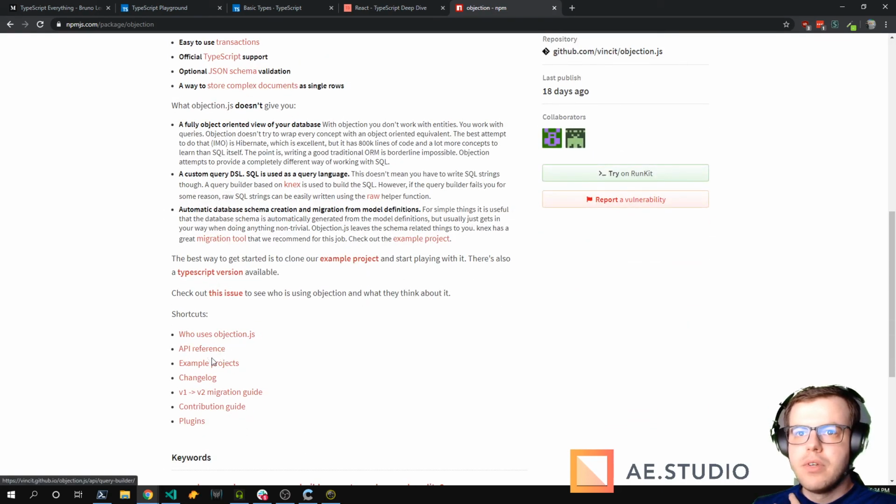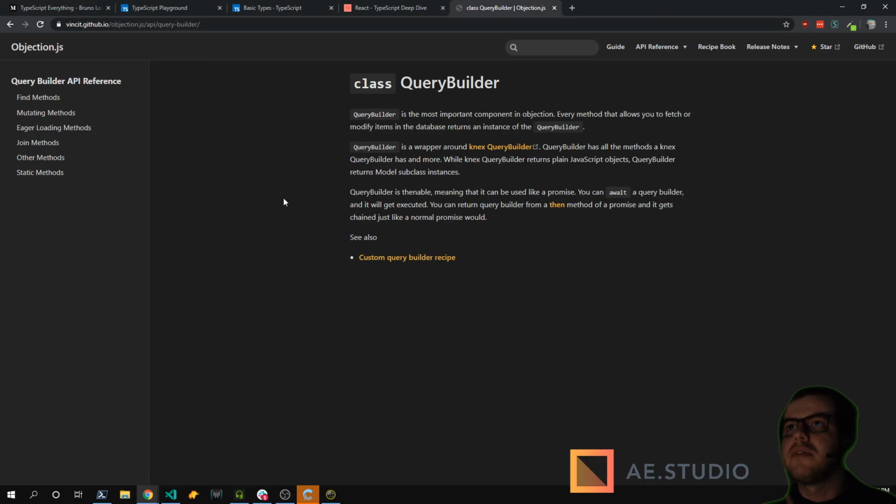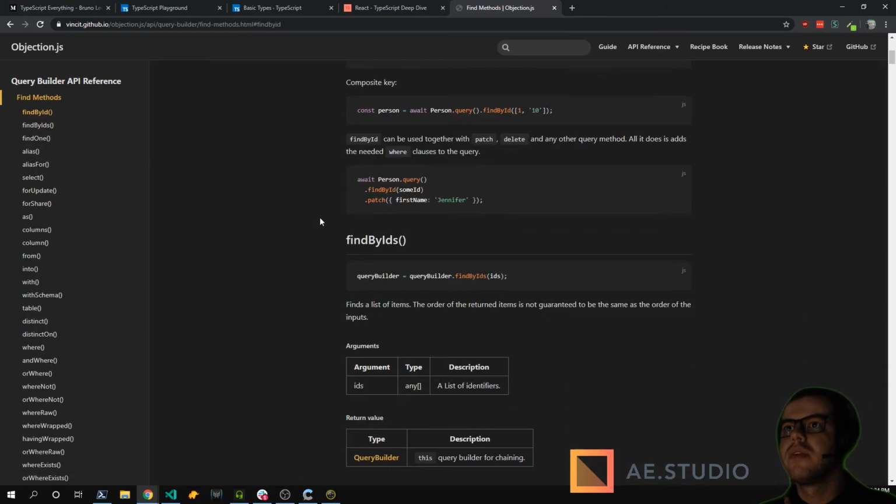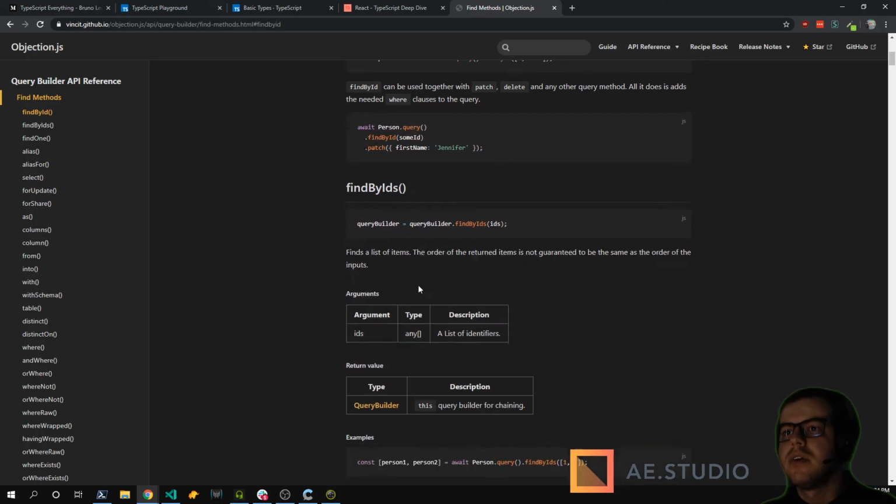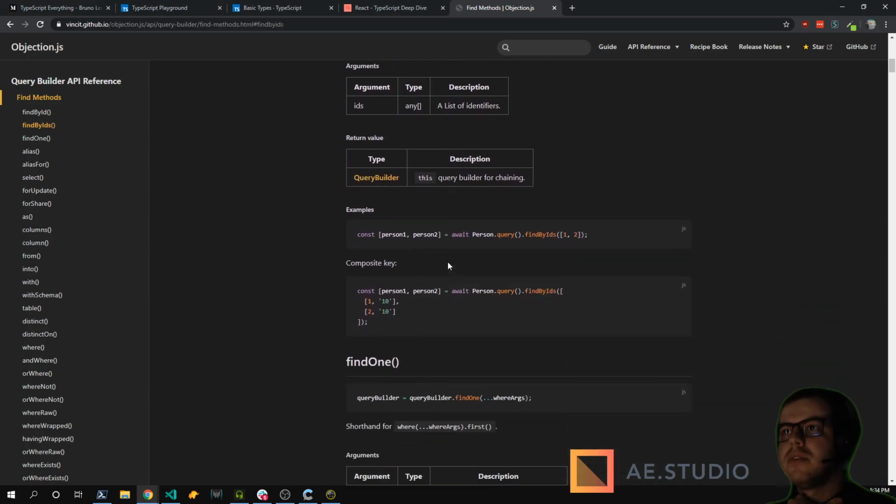I think they have some documentation here. Yeah, so if you want to query a person, when you do dot query, this is calling Knex, and then you do this, and you have types.